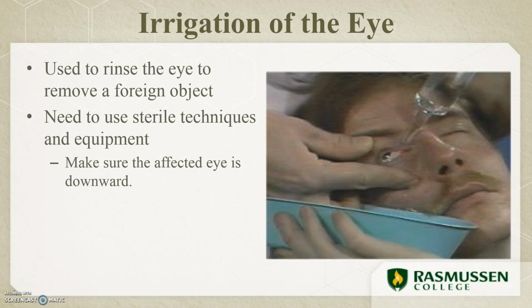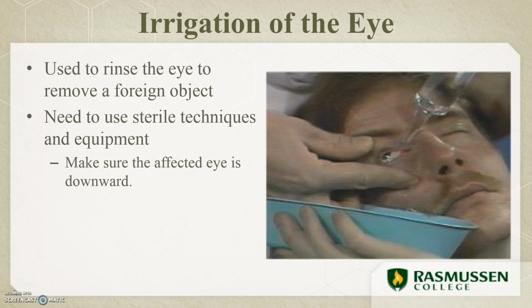Now, along with doing the visual acuity testing, medical assistants may also be responsible for performing irrigations of the eye or installing eye medications. When irrigating the eye, this is where you will rinse out the patient's eye to remove any foreign substances or chemicals. This requires the use of a sterile technique and equipment that you have,